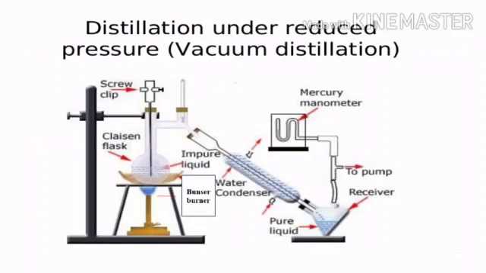Let me show you how the vacuum distillation is done. A list of items we need to carry out vacuum distillation are thermometer, manometer, round bottom flask, vacuum distillation piece, stir bar, receiving flask, Bunsen burner and Liebig condenser. In vacuum distillation setup, we have a double neck distillation flask known as Claisen flask.